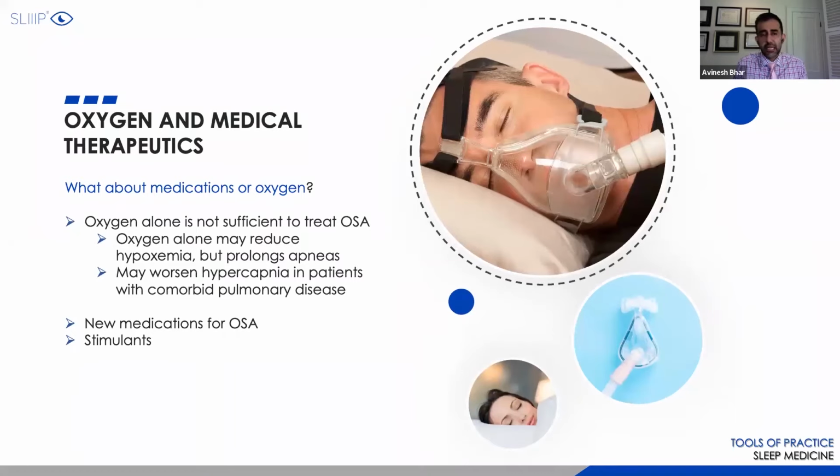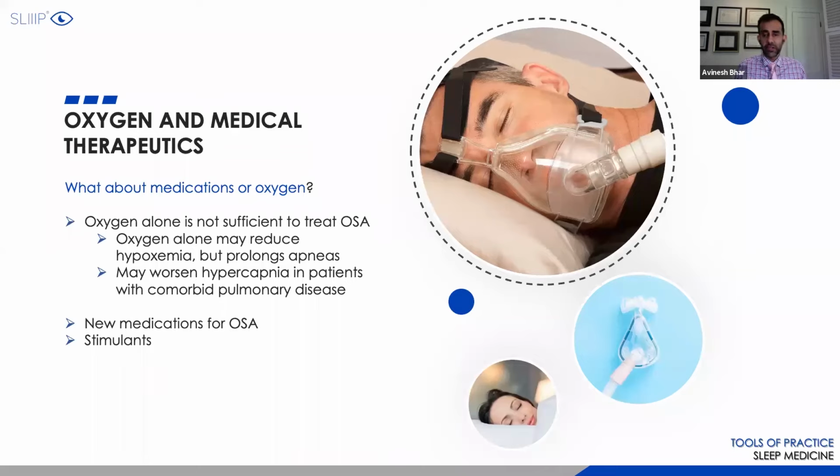What about oxygen? I think oxygen is great. It is not a single standalone tool. Sometimes it also worsens the outcome because the body doesn't get a trigger to breathe if the oxygen levels are fine, but the CO2 levels may keep increasing, or it may prolong their apneas because there's no alarm bell going that your oxygen levels are lower. But we do find it works really well as an adjunct in patients who are on BiPAP and are still hypoxic. That's when you may want to go up on the IPAP setting to improve ventilation, and also increase the EPAP if there's an issue with obstruction. So oxygen in conjunction with PAP is great.